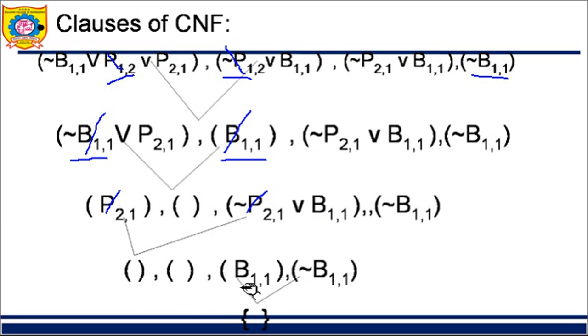What gets remained over here is B11. What gets remained over here is negation of B11. So again, this term goes, this term goes. You can see that all 4 clauses have become empty. So what do I have? I have a null set. And therefore, I'm successful. I can conclude that because I got null set, our conclusion that B11 is true. It is satisfied. This is the way.